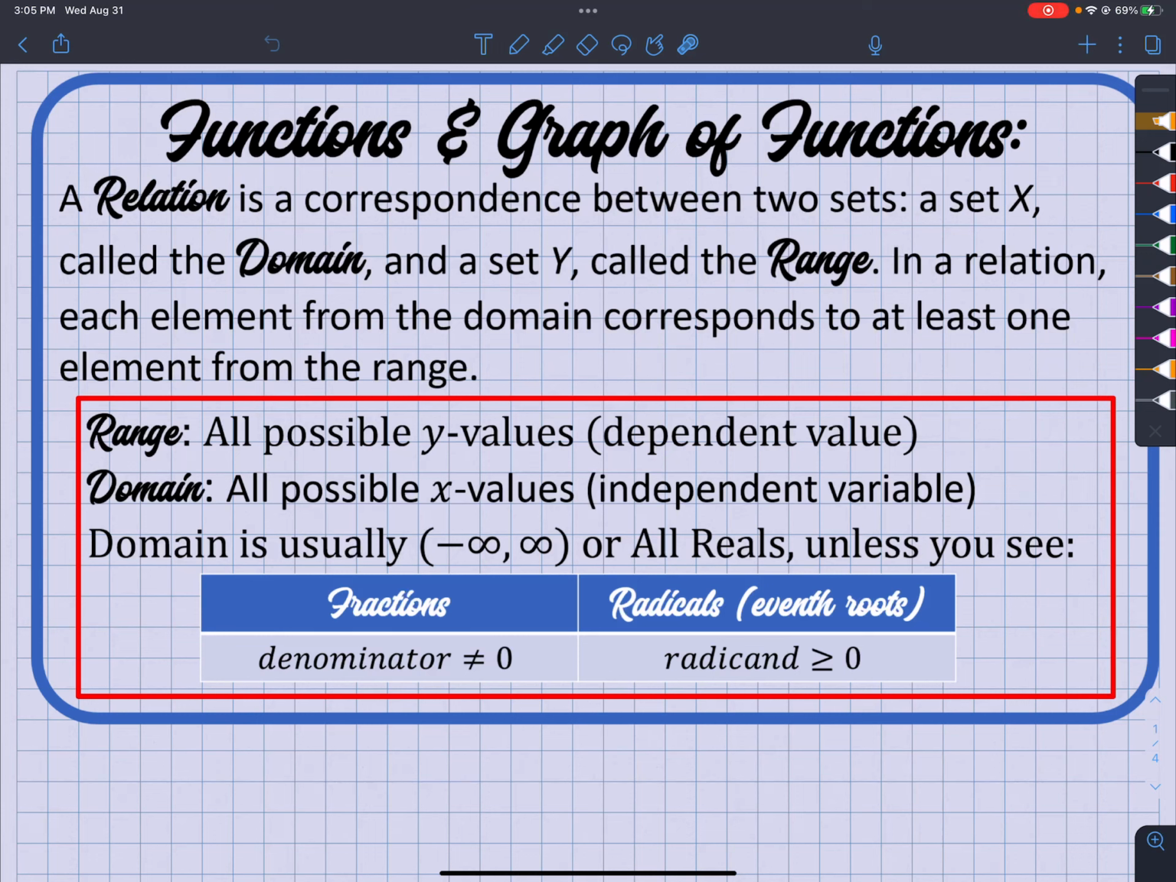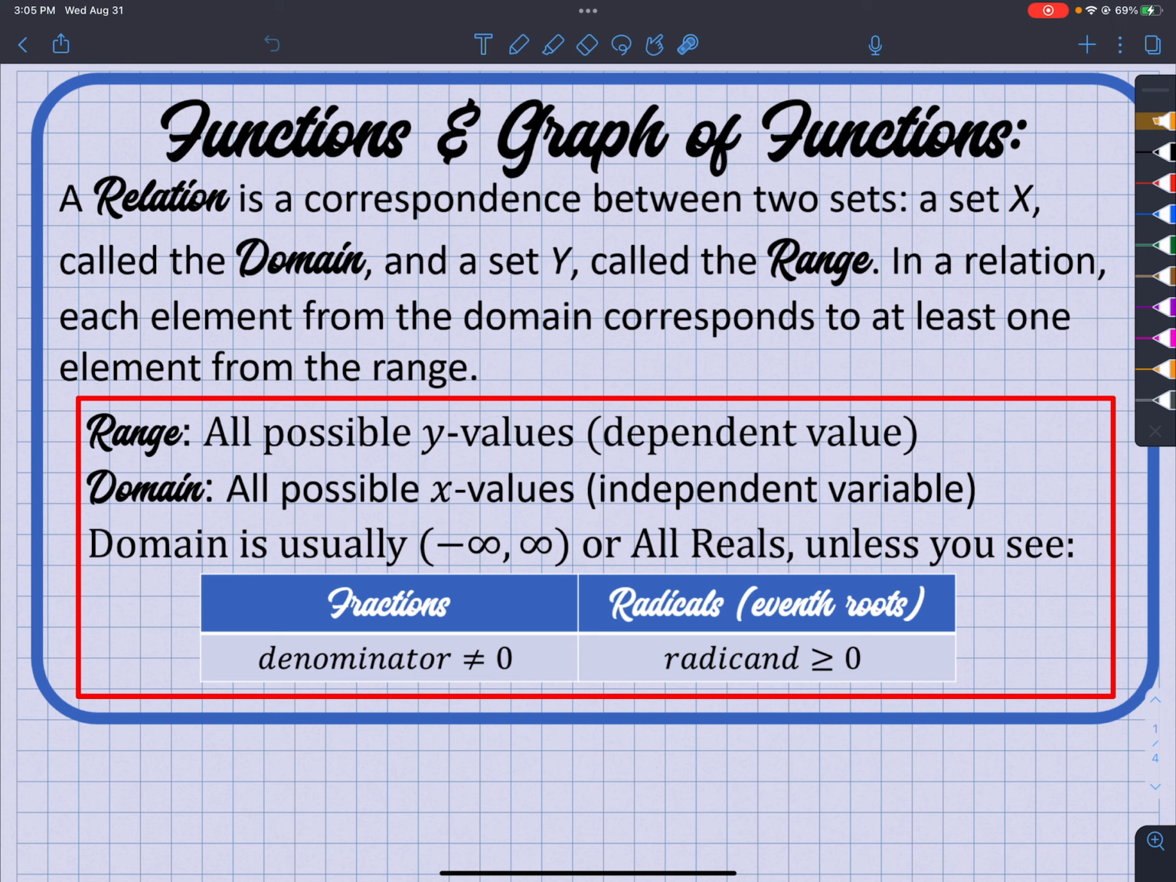All right, so we're now talking about functions and graph of functions. So we have relations, which is corresponding between two sets x and y. X is the domain, while y is the range. We already know that. So it's a relationship